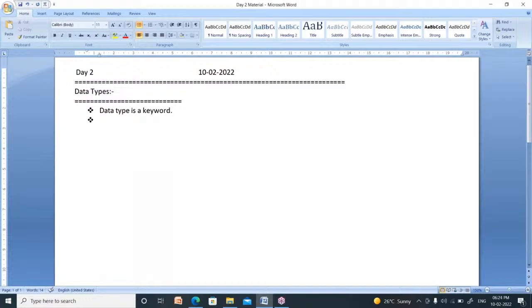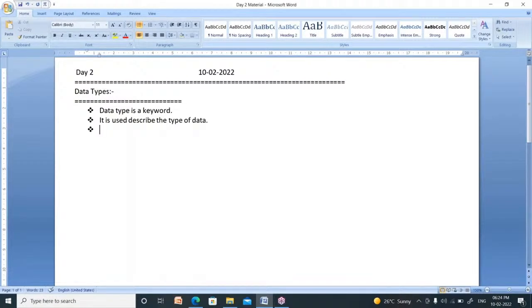A word which is already defined inside the C language is called a keyword. Data type is a keyword. It is used to describe the type of data.